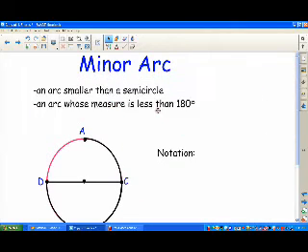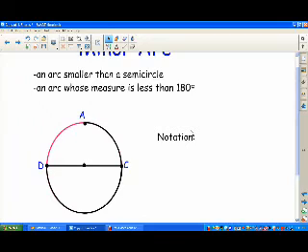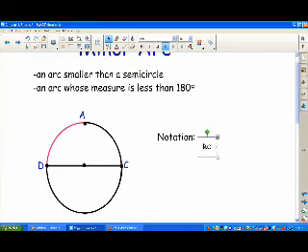Next is a minor arc, and a minor arc is less than 180 degrees. It's obviously smaller than a semicircle. Whenever we name a minor arc, we only need to use 2 points. So in this case, the one in pink would be arc AC, and I would need to put my little curve over it there, well, arc symbol. So it'd be arc AC. I'm sorry, arc AC is the one in black. The one in pink